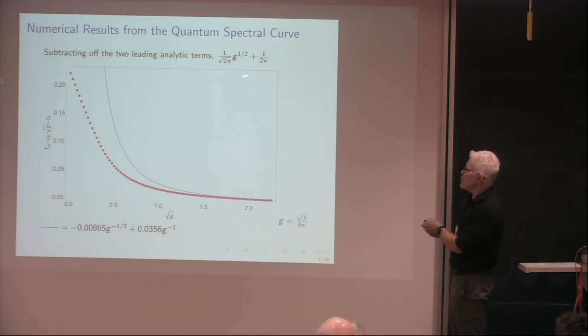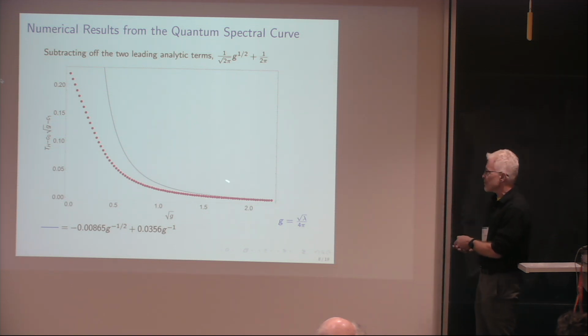So what we can do is basically just subtract them off and then get the next two terms. So these dots here are the numerical results after subtracting off this function, and this blue line here is a fit to this curve. So these are our results. You can more or less assume that the errors on this are of order 1 in the